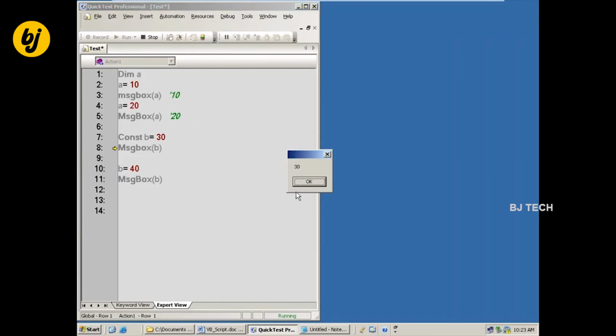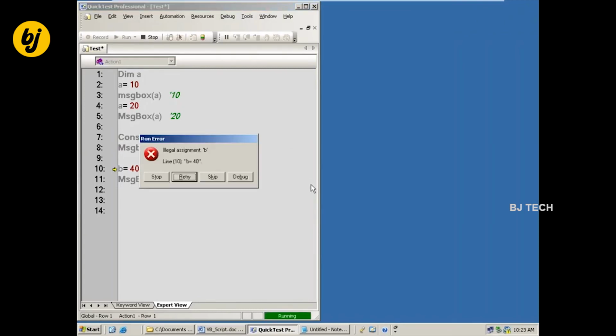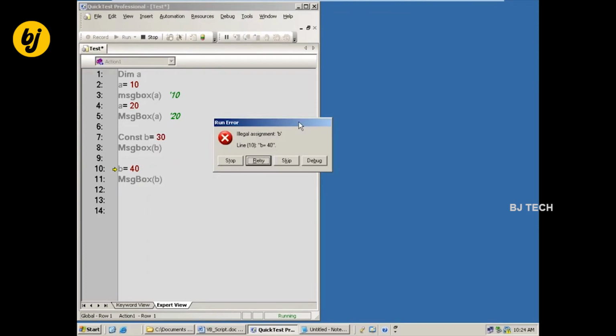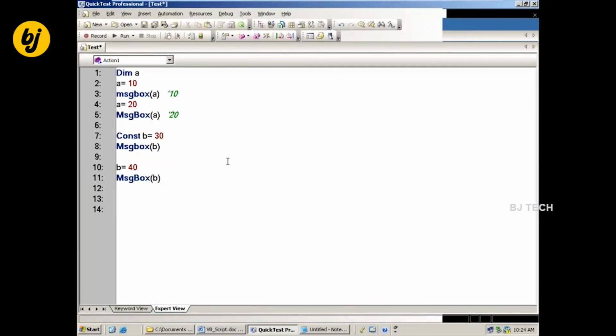Now what are we expecting next? An error message is going to come because of illegal assignment. Already you said you want a constant, then why are you trying to change the value? A constant won't allow changing the value during runtime. A variable allows you to change the value. There's a difference which they are going to ask in interviews.